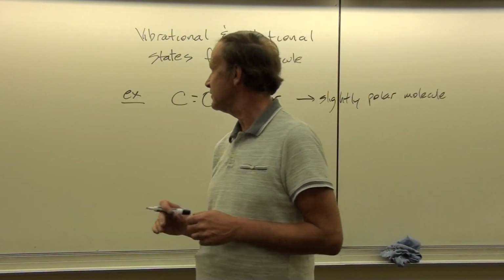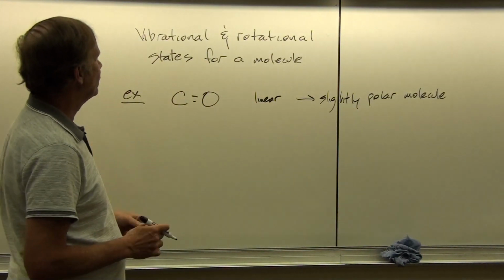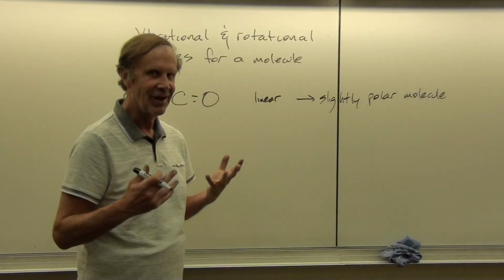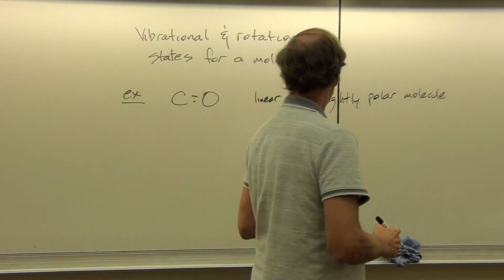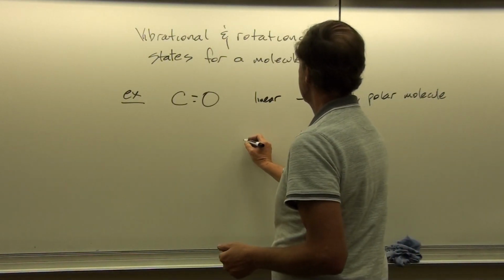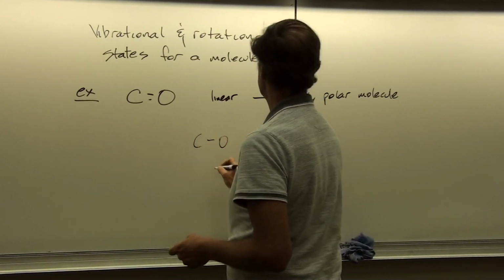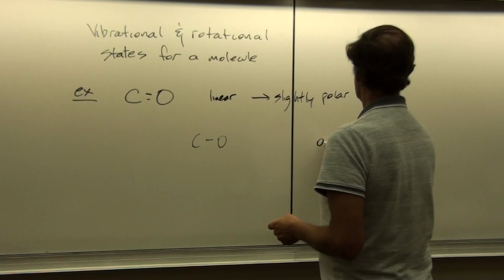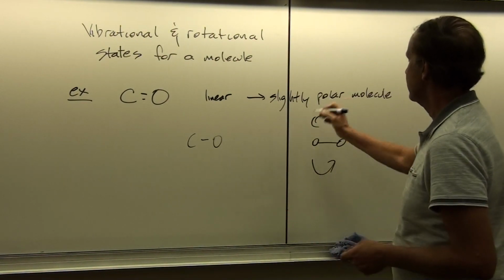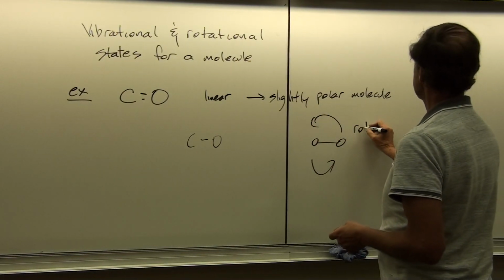And so these things are important, but we'll start out with a fairly simple example, which is carbon monoxide, not one that is nonlinear, because those are much more difficult to deal with. All right, so there are two different kinds of states that the carbon monoxide molecule can find itself in. One is a rotational state, in which there's a tendency to make it want to rotate round and round like this, and there is a vibrational state.